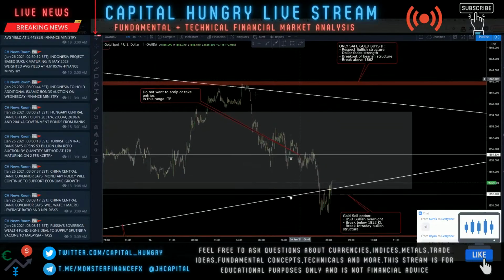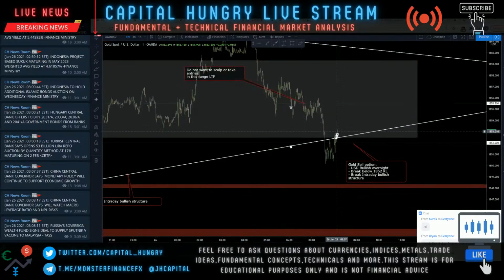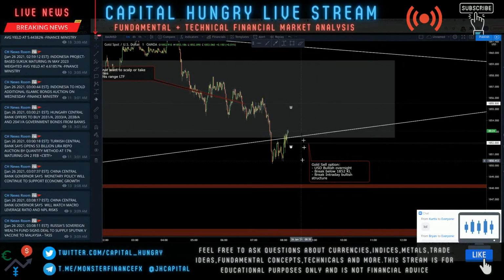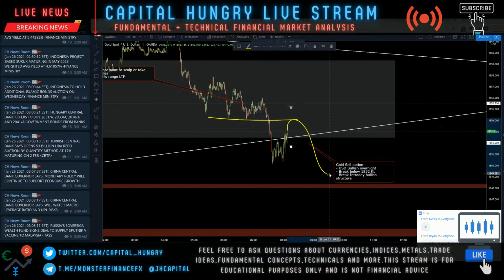I'm only taking buys above these previous highs and respecting bullish structure and a break of bearish structure. And I'm only taking sells if we come back below 52. I am not messing around in this range, and I'm currently not messing around with current price point. I'm letting it come back below 52 if it does, come retest these 1 minute lows, flip bearish, and then come right back down. All right, so let's just watch that patiently.